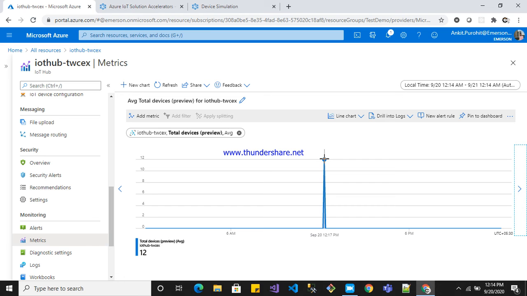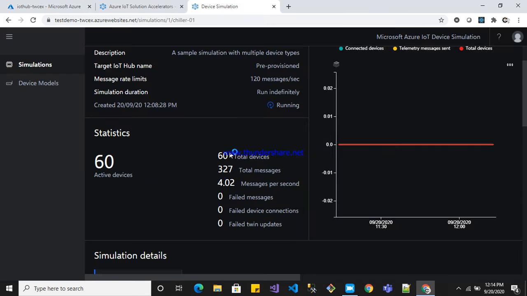Okay, so the total active devices right now are 12, and it will show the count here. So now the simulation has already started.